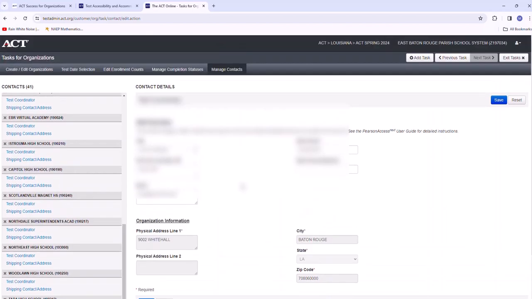Yes. Okay. All right. Now, one of the things in that email that I sent all of you, so now all of you that I called that's listed as test coordinator here, you're going to be receiving emails from ACT, and then some of you had to add this morning. So if you did not get that email that I forwarded to you, let me get it out again.